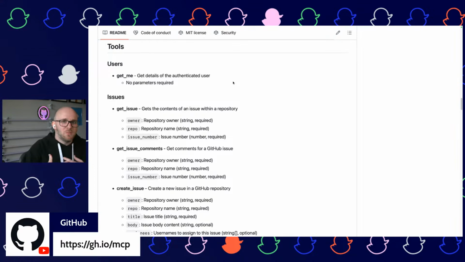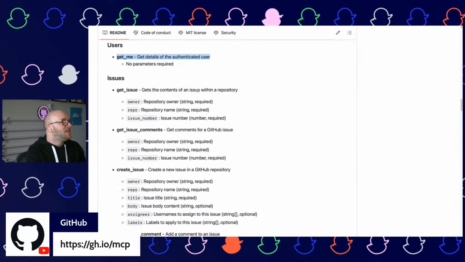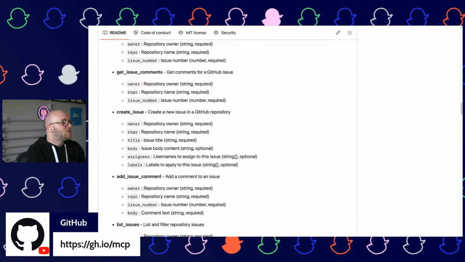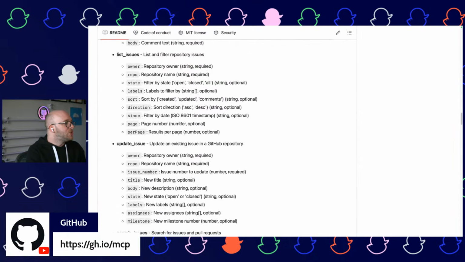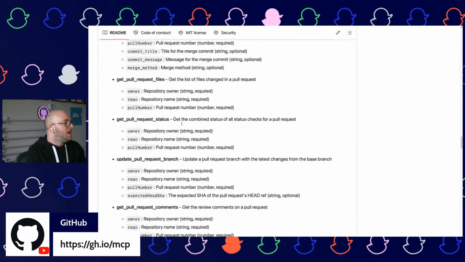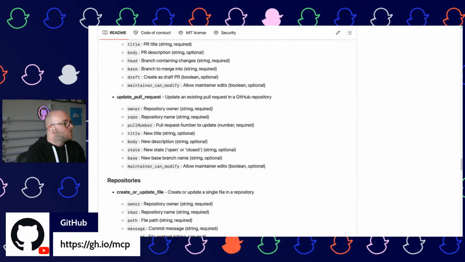Those you can imagine, if you put more and more tools in there, or if they're very similar descriptions, then it might get confused which tool to pick. So this is one of these interesting challenges at the minute. But you can see, for example, getting details of the authenticated user, getting an issue, getting some issue comments, creating an issue, listing issues, updating issues, searching issues. So there's a lot of these different tools which are here.